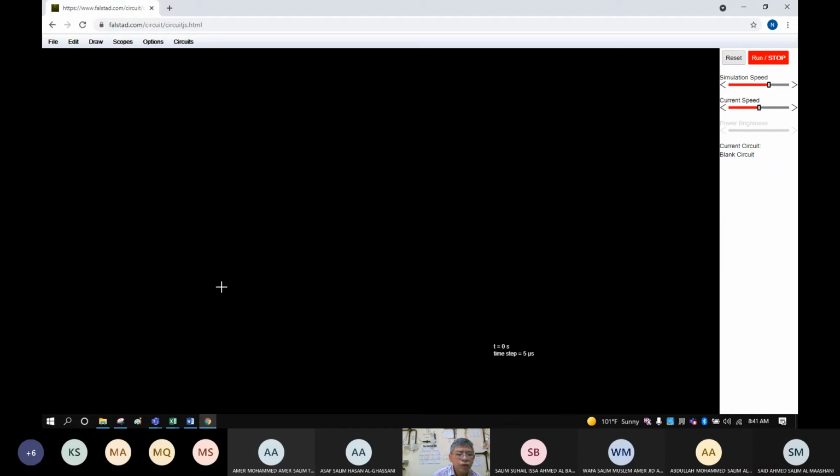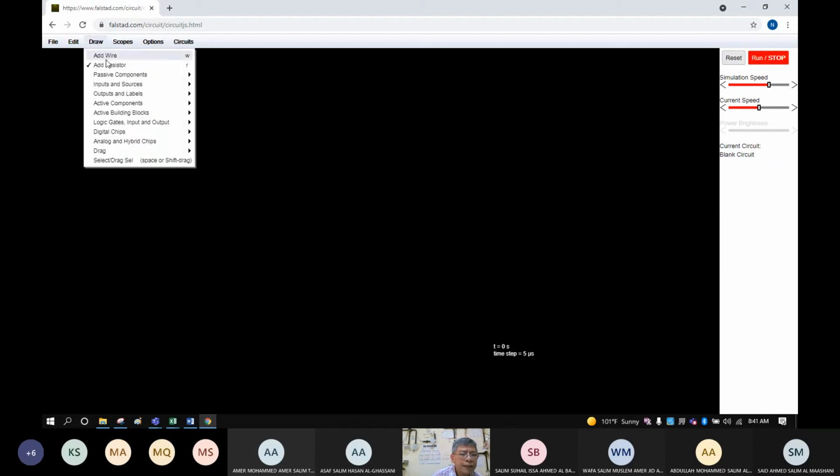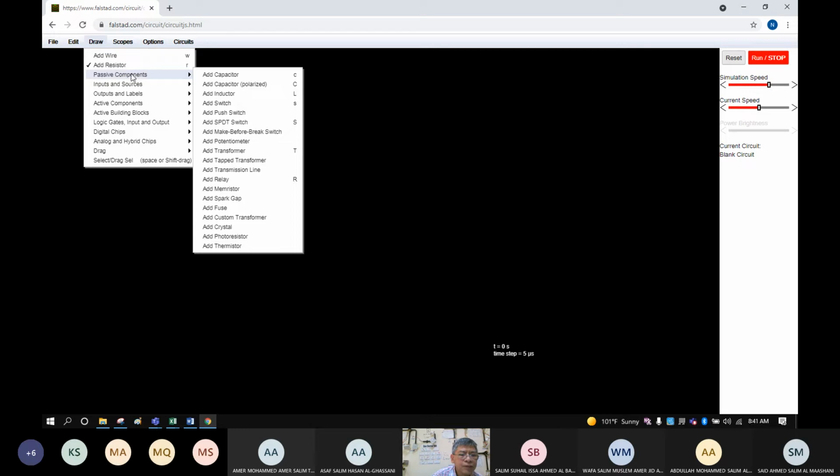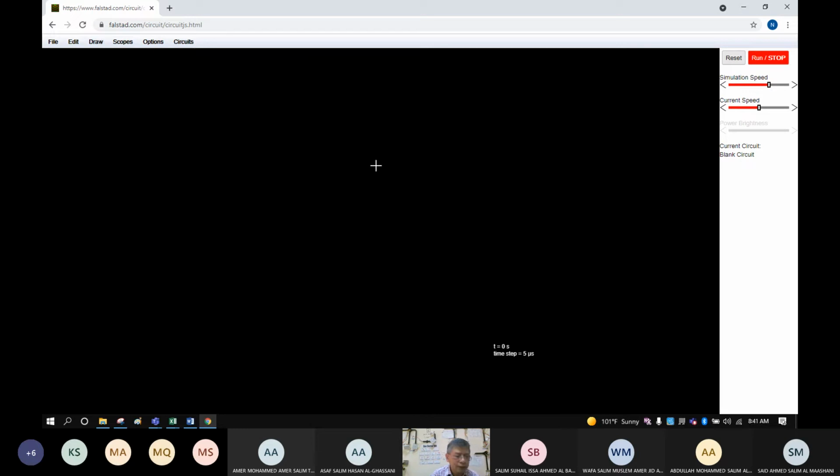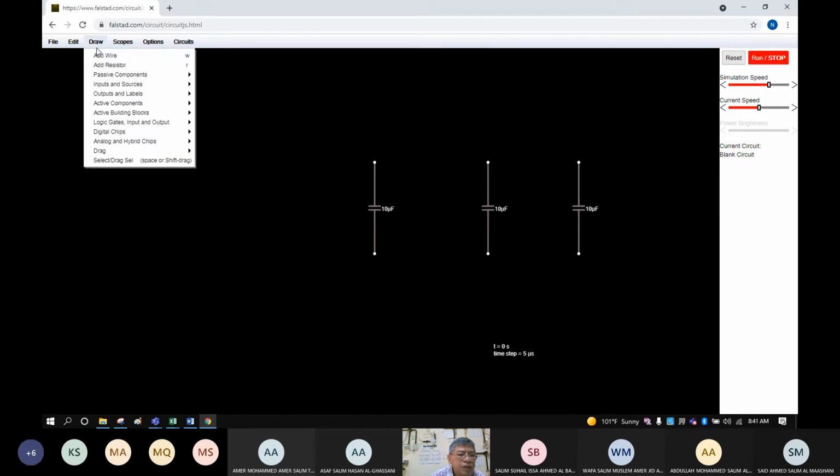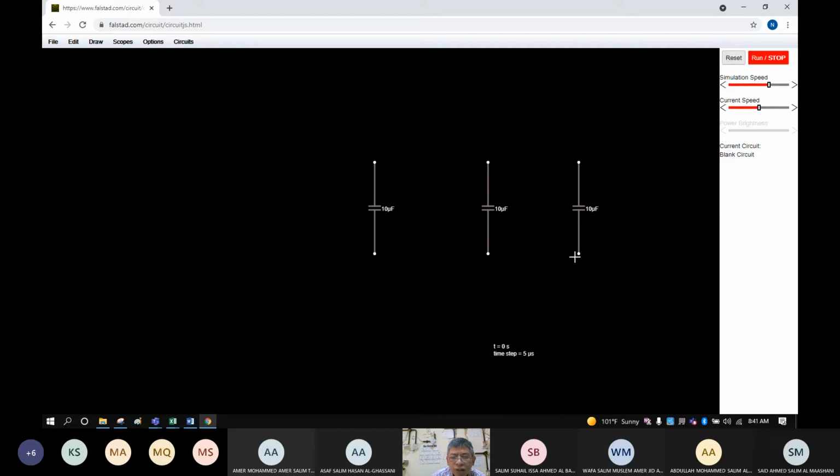Okay, go to simulation. Draw parallel. Resist passive component as capacitor. Then connect it in parallel. This is one, first capacitor. Second capacitor. Then the third capacitor. Then we need a resistor for every capacitor.